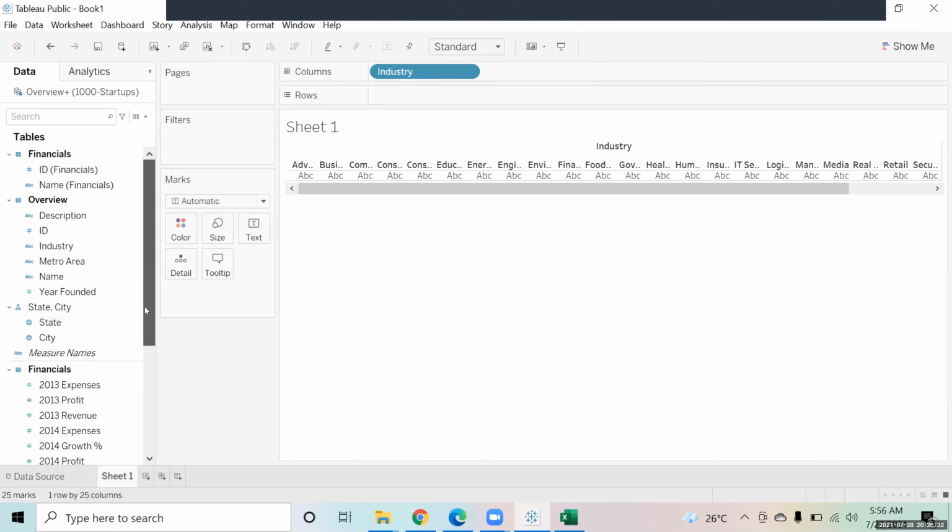Okay, so I'm going to right click and say create group. And in this group, I am going to select IT services and press control key and click on software. So please do this. Once you select the two, you just click on group.